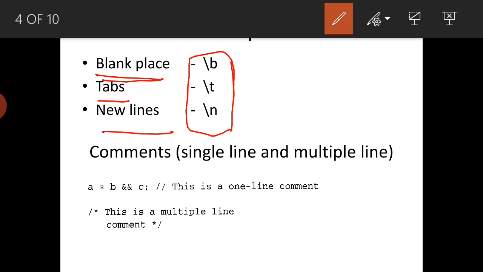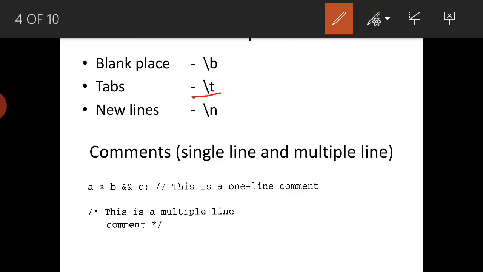We have seen these similarly in the C language, in printf. At the end of a printf, if there is any next printf, we use backslash n, and it will go to the next line or new line. Similarly we have also seen backslash t, which means tab.